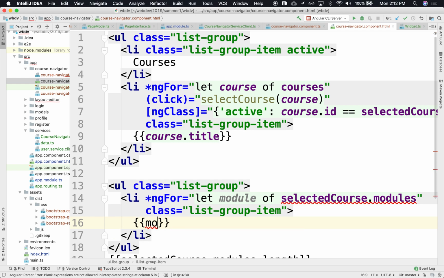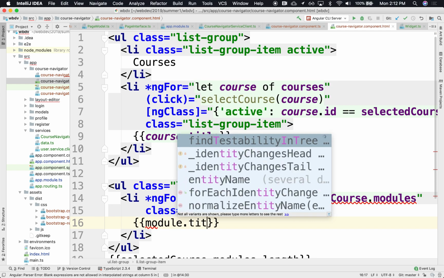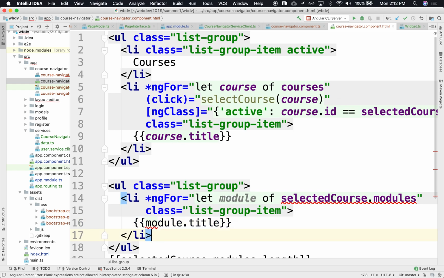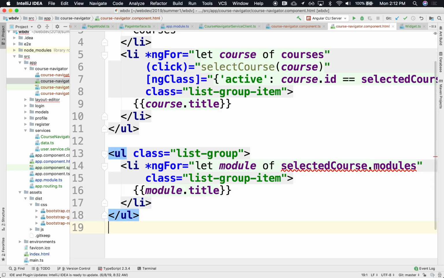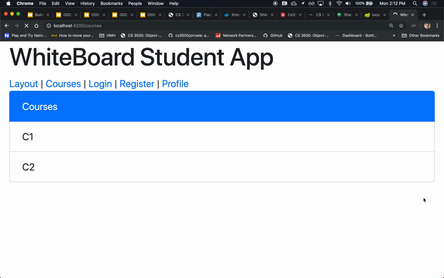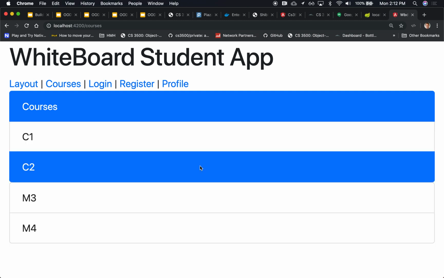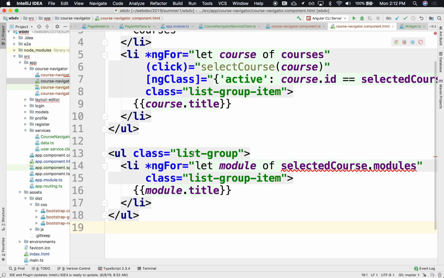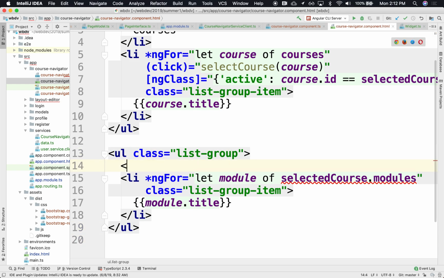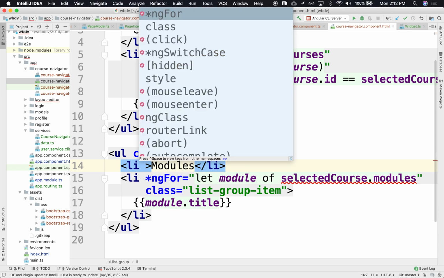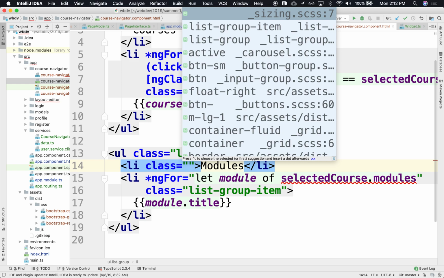So module dot title. Okay, so let's see what that looks like. Okay, notice that if I click on each one of these, I have the modules rendering right below. See that? And perhaps I might want to highlight this. This says li modules, and this would be class list item,